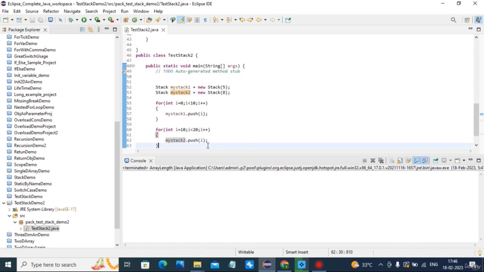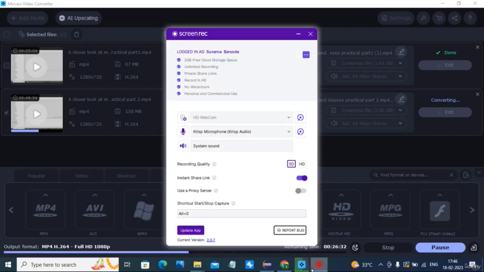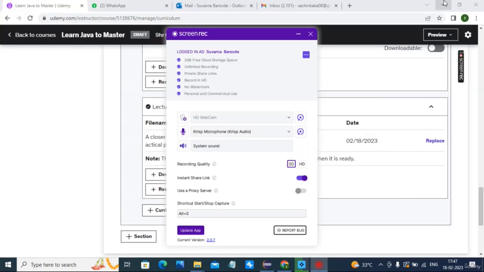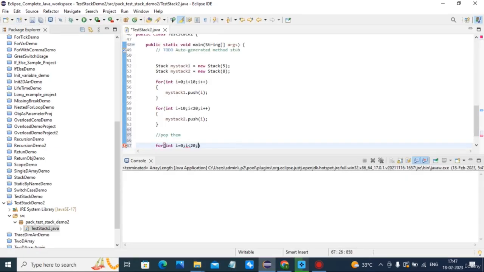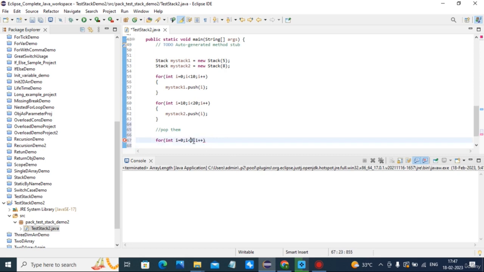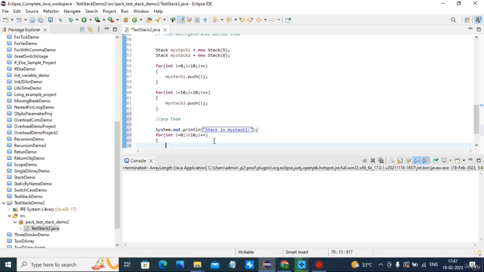Then pop: for int I is equal to 0, I less than 10, and for I is equal to 10, I less than 20, I plus plus. So pop and print, my stack 1 dot pop.